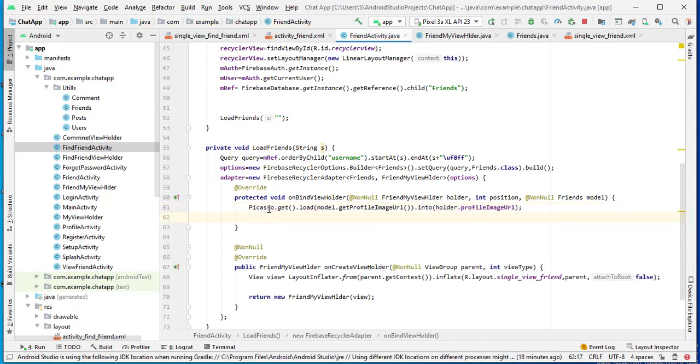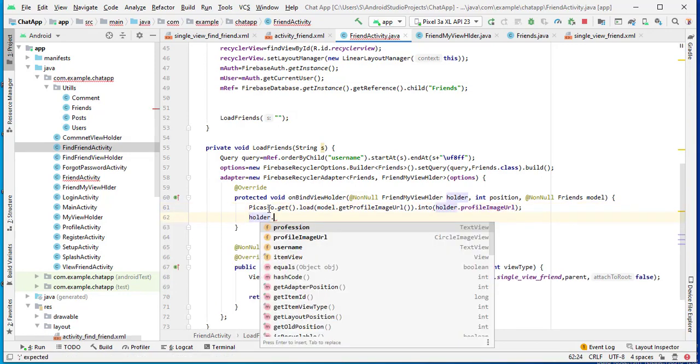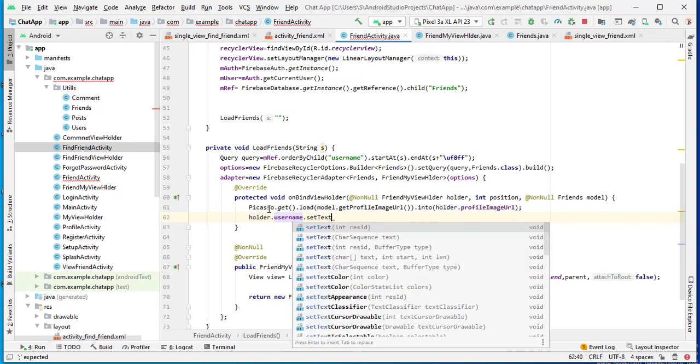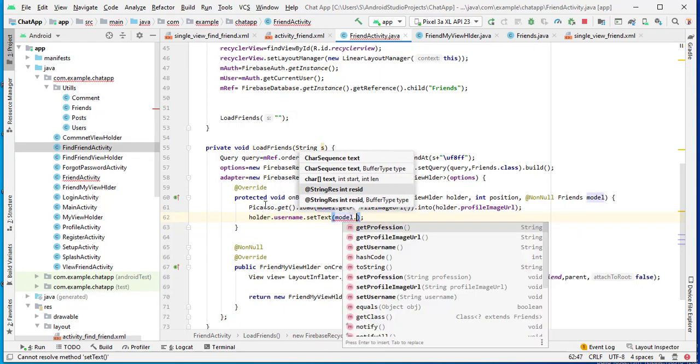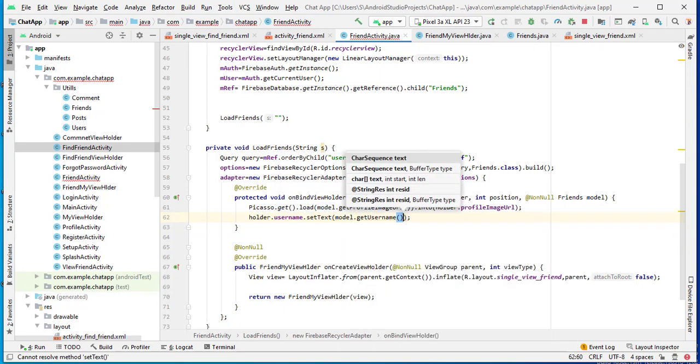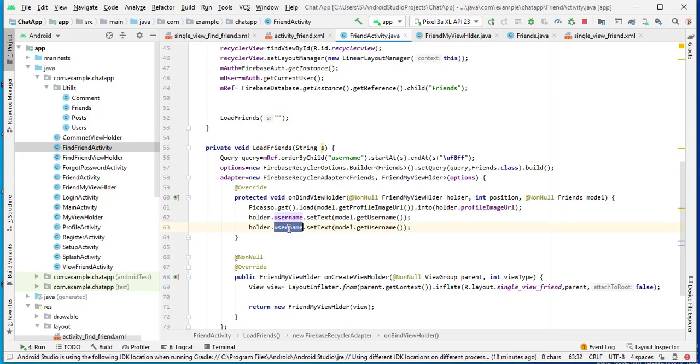And now we need holder.username.setText, and here we will pass model.getUsername(). Just duplicate this line and change it into profession, and also here getProfession.